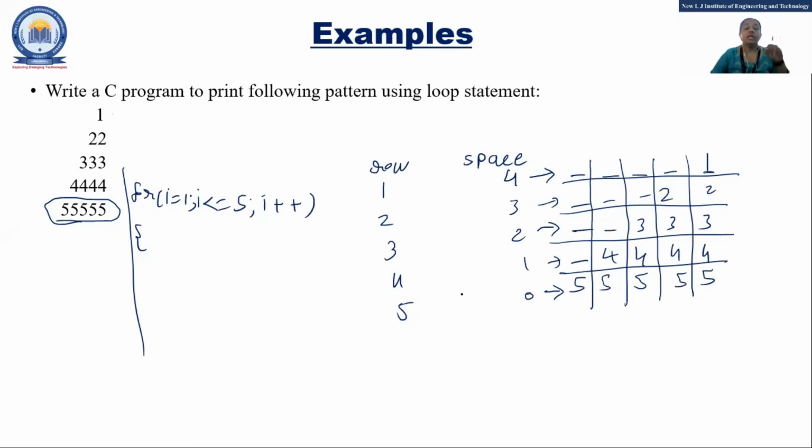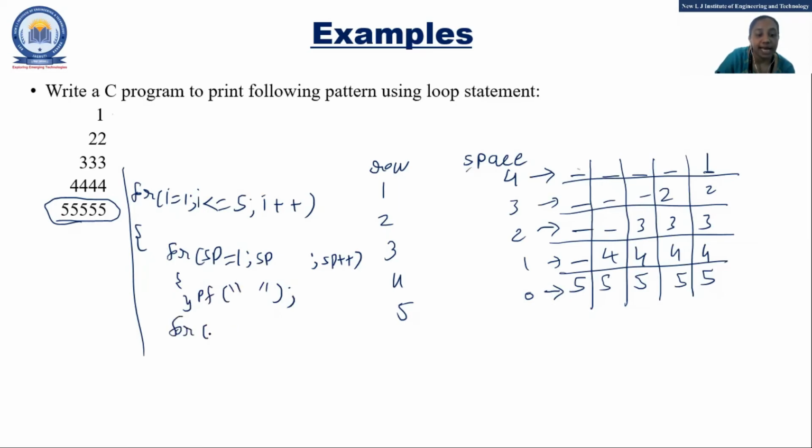So within the for loop of i, 2 for loops will be used. See how: 1 for loop for the space. The space will be how many? 4 spaces, right? So sp will start with 1. Here I will leave the condition blank, we will decide it. And printf, just a space. Clear to you guys? Space.